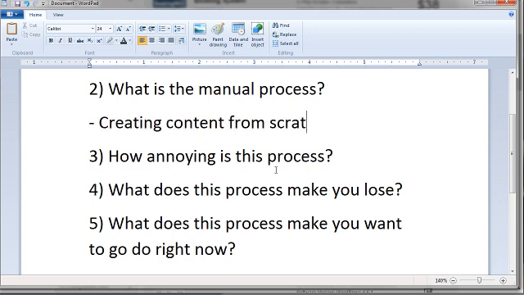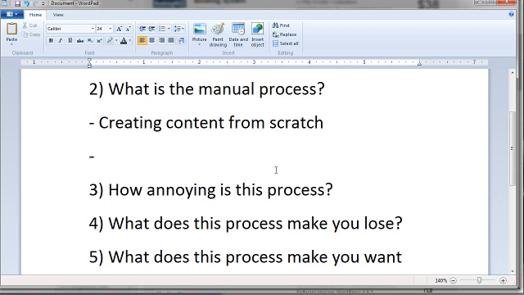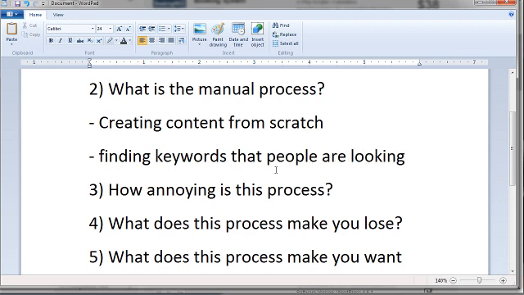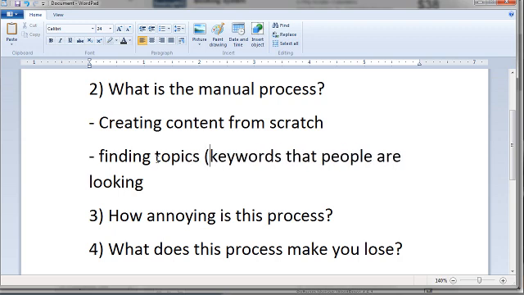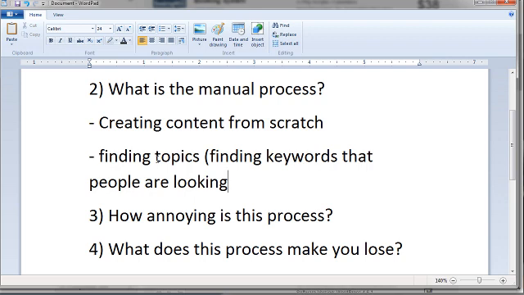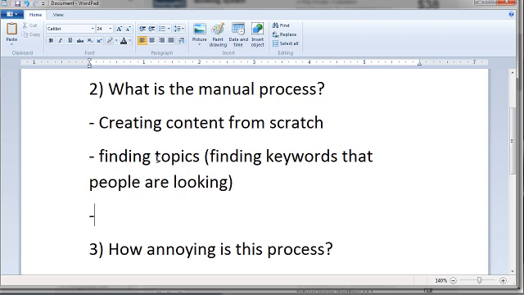scratch. Now, what goes into that content creating from scratch? And I want you to list out everything that you can think of. So in this case, the manual process is finding maybe keywords that people are looking for. So maybe finding topics. So that would go under finding topics. And then when you're finding topics, finding keywords that people are looking for, and then